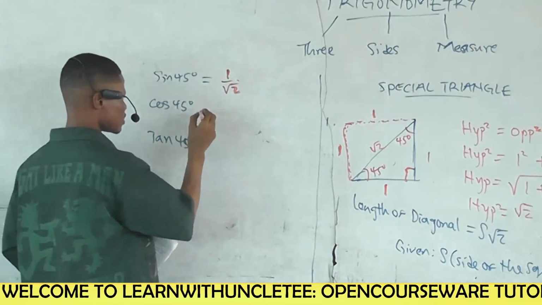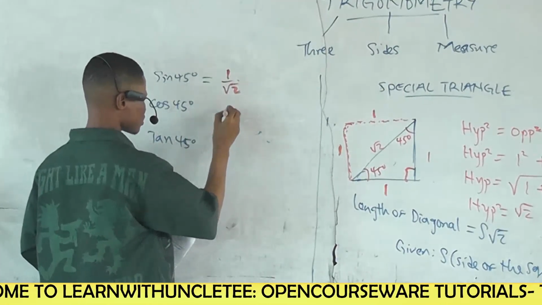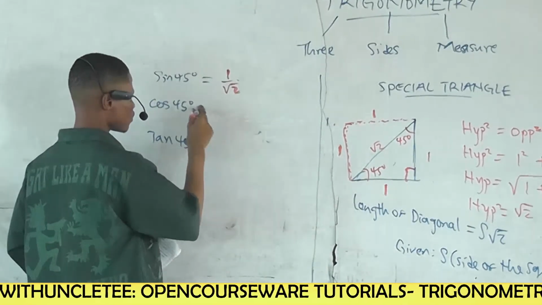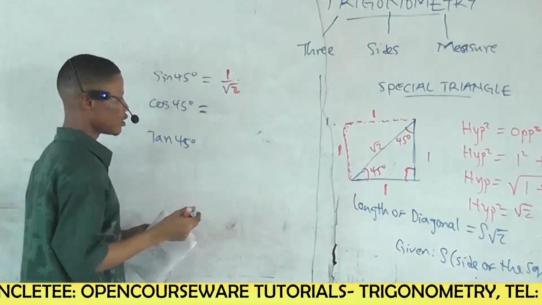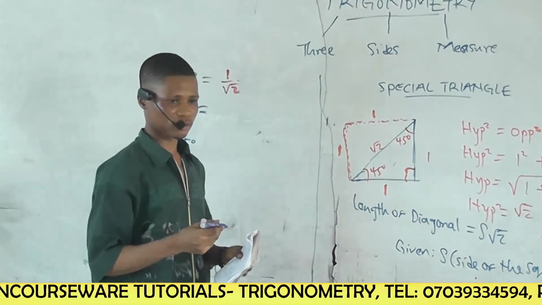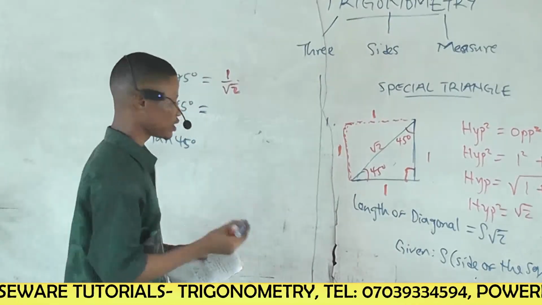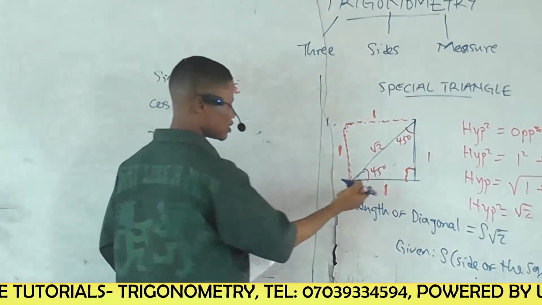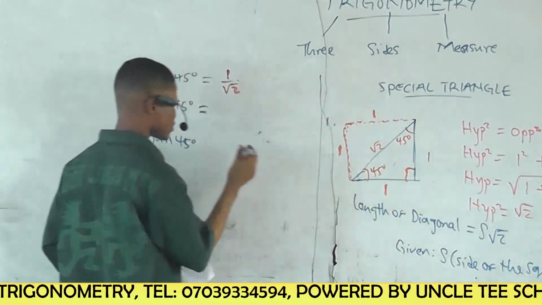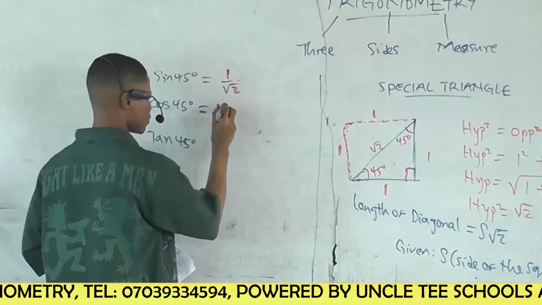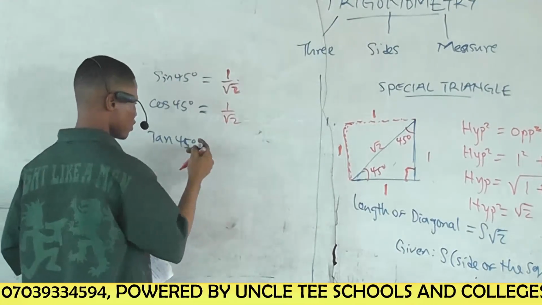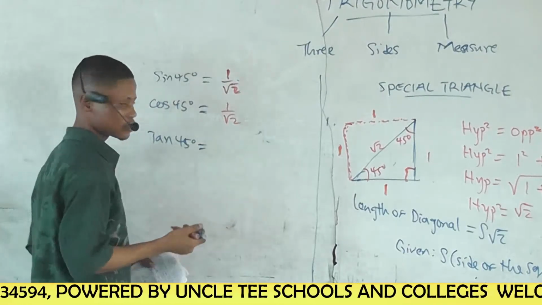Then the second part is what? The second one will be cos theta is what? Adjacent over hypotenuse. This is the adjacent, right? And this is the hypotenuse. So you have 1 over root 2. Now, for tan 45 degree,